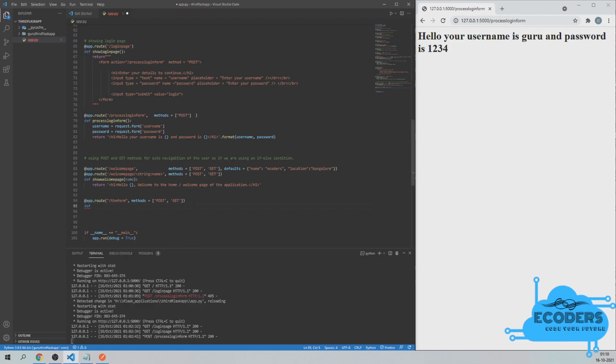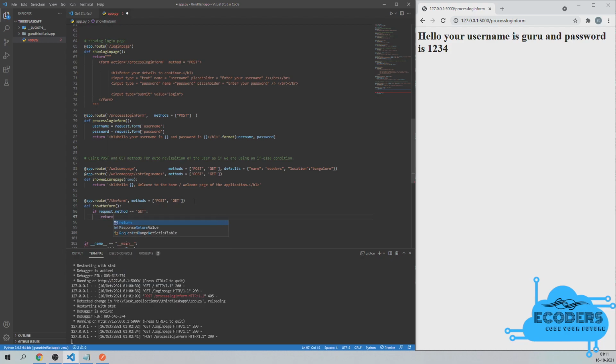I'm going to say show the form. Let's put a colon symbol, come to the next line, and here I'm going to mention an if else condition. If the request dot method is equal to get, then show us our form.